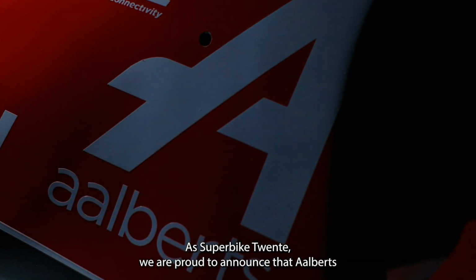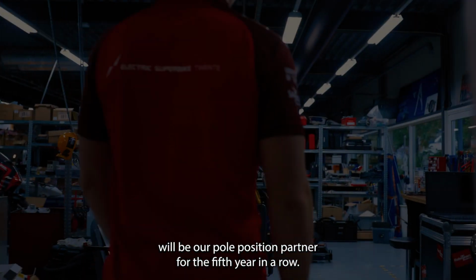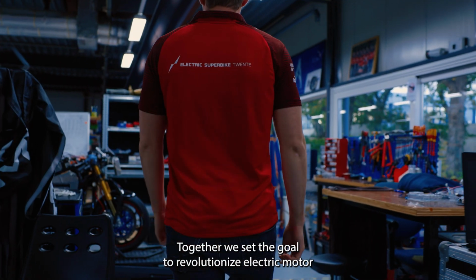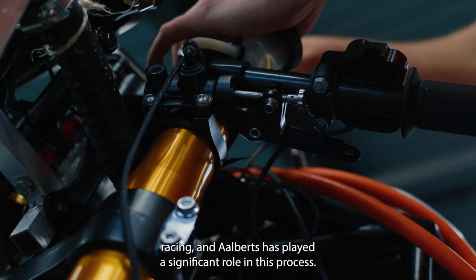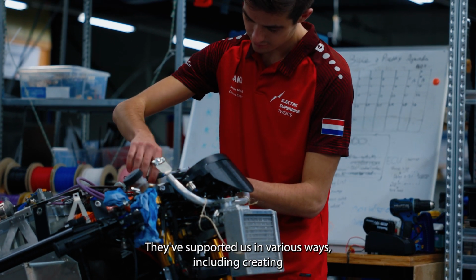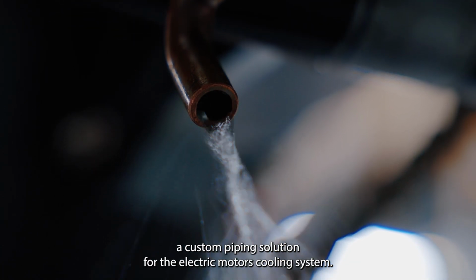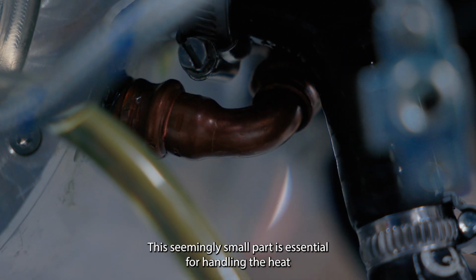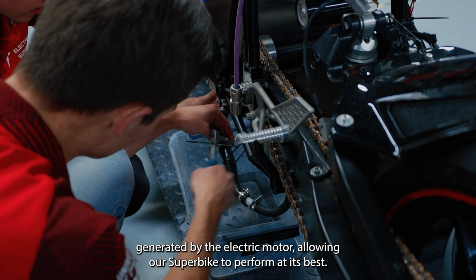As Superbike Twente, we are proud to announce that Aalberts will be our pole position partner for the 5th year in a row. Together, we set the goal to revolutionize electric motor racing, and Aalberts has played a significant role in this process. They've supported us in various ways, including creating a custom piping solution for the electric motor's cooling system. This seemingly small part is essential for handling the heat generated by the electric motor, allowing our Superbike to